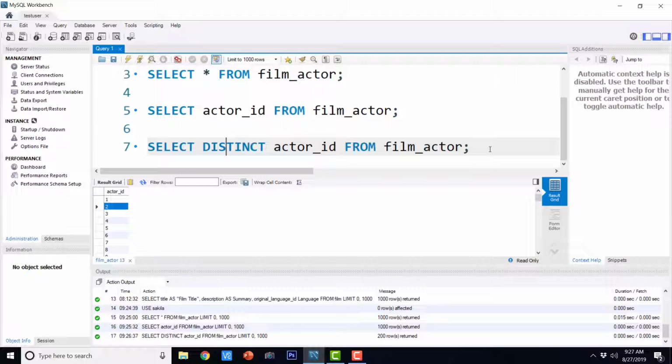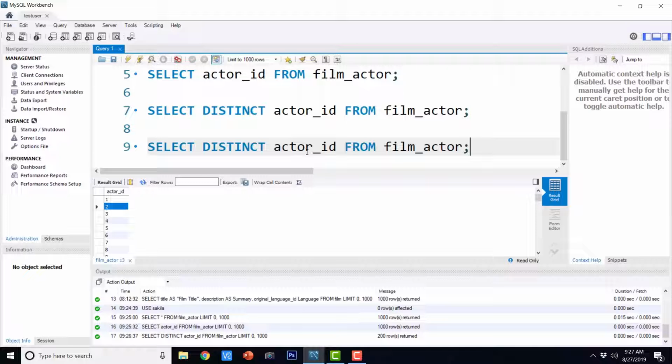So now this is the use of distinct on a single column, and it can actually even have the null entries. Okay, if there is any null data, then distinct will actually show you the null data in your result set. Now similarly, we can even have the distinct for multiple columns.